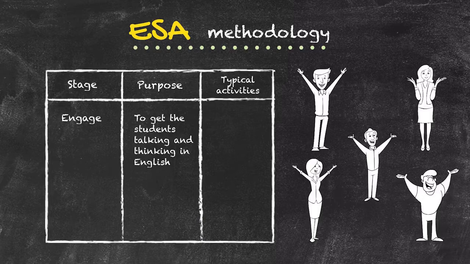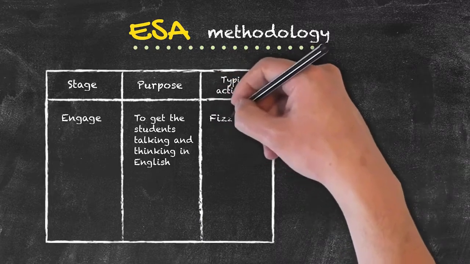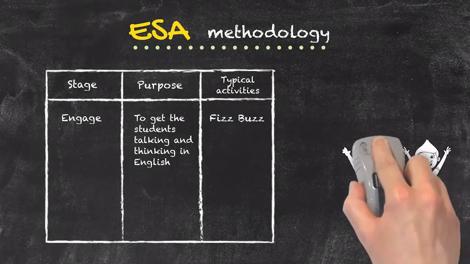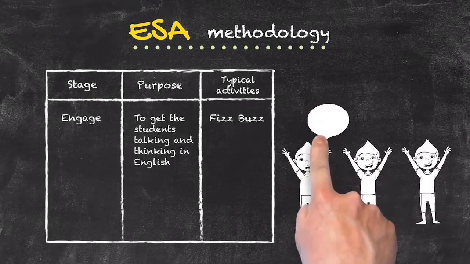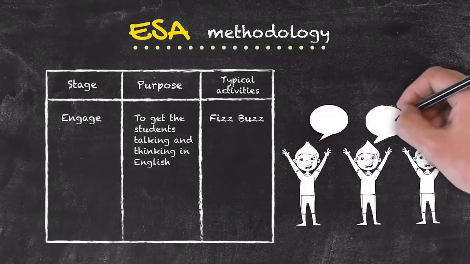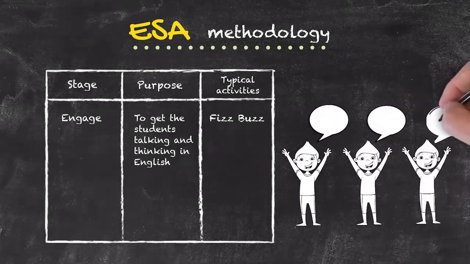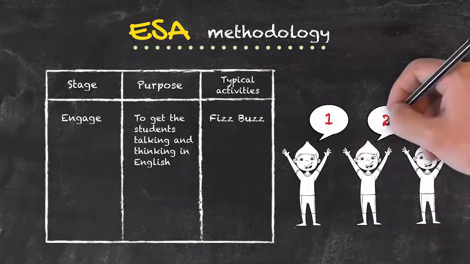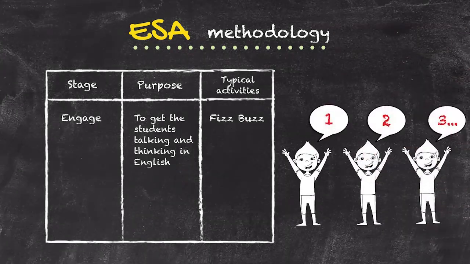A game that we can play is known as Fizz Buzz, and in Fizz Buzz what you do is you go around the class, each person saying a number. Let's say we start off between the numbers 1 and 30. They just go around the class, each person going through the numbers. In the second round, what we do is we ask them for every number that is a multiple of 3,